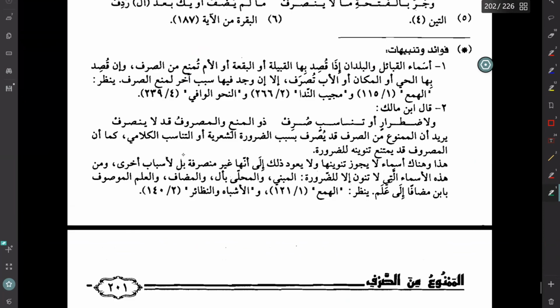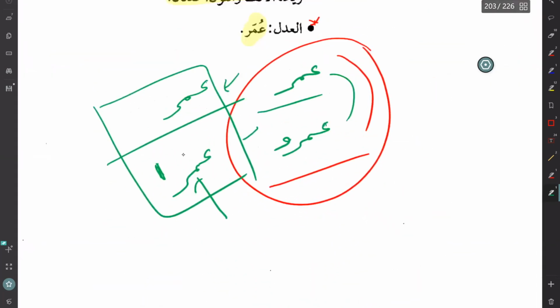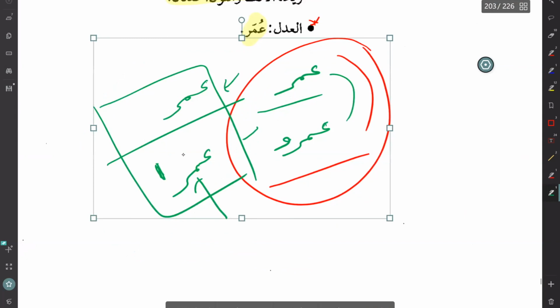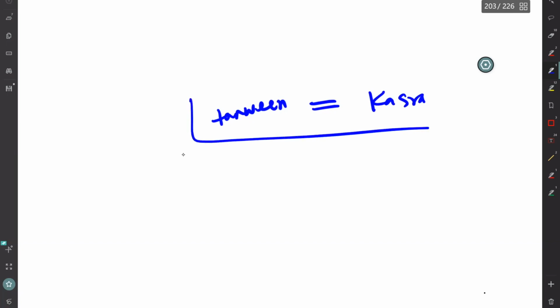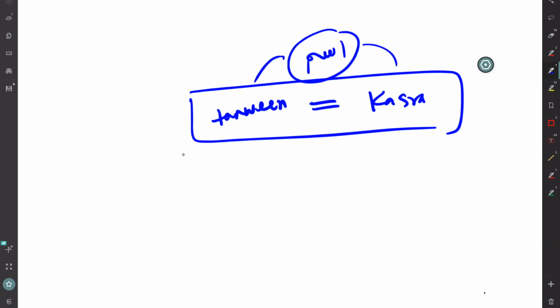Sometimes you need to broaden your mind a little bit so that it helps not only with this topic, it will help you with other topics. So remember in the beginning, the grammarian wants you to think that the tanween and the kasra go hand in hand. If a noun is a pure noun, it should accept tanween, and because it's accepting tanween, it also gets kasra. So basically, these are the characteristics of the isim.